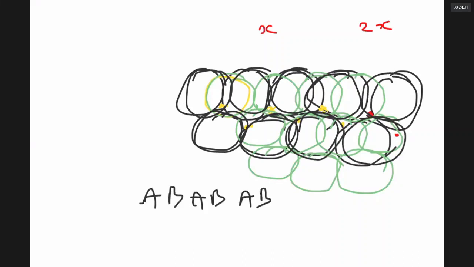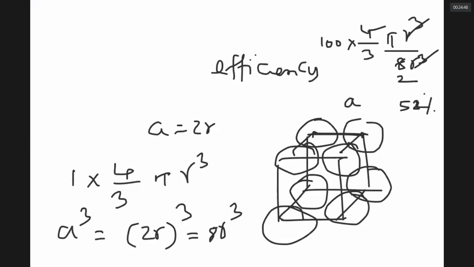You can go home, take oranges, and try to arrange them. 6, another 6, another 6, another 6. You will notice that there will be gaps. I will be showing you 3D pictures of them. I will show you actually a movie on that. I will set it on the net and next time I will show you. But this time, I want to give you one idea.